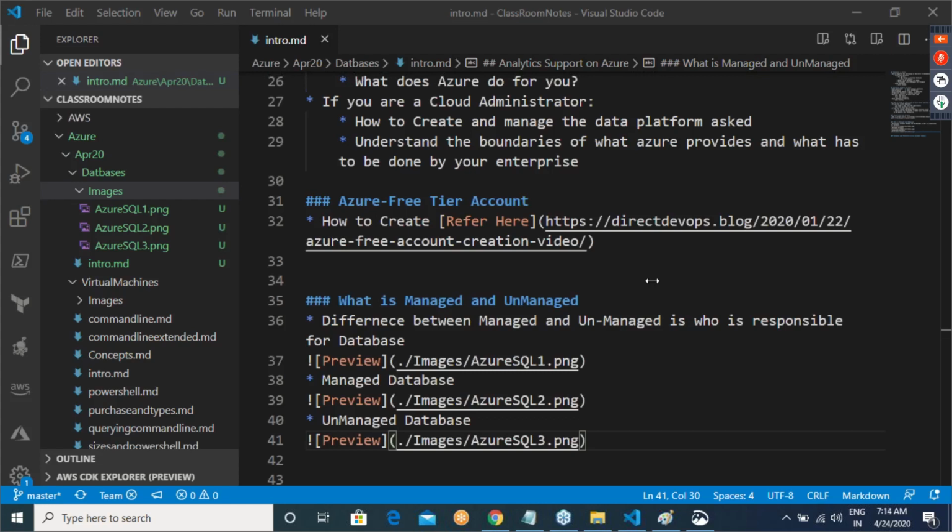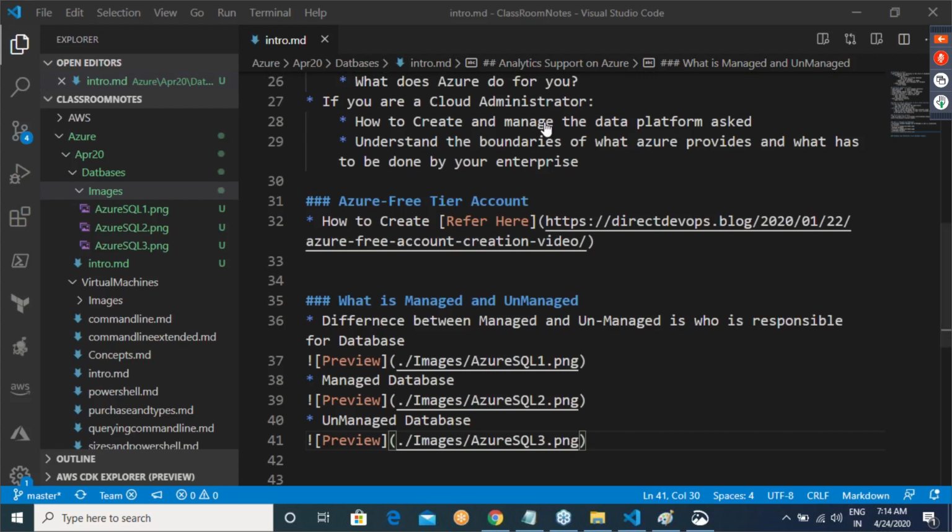Obviously, you are also giving more responsibilities to Azure. Some companies look at it as a con: why should my database be managed by some other company? That could be a mindset. But the amount of work which we as an organization do on a managed database is very much less when compared to what we do for an unmanaged database.